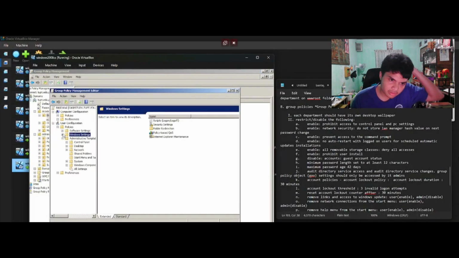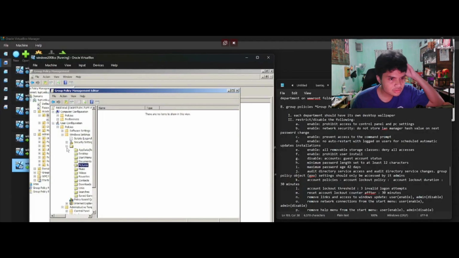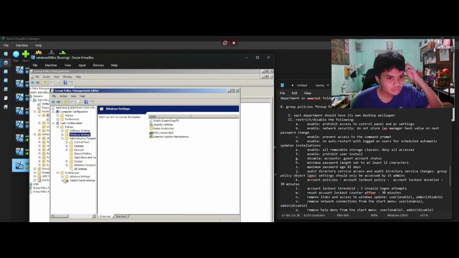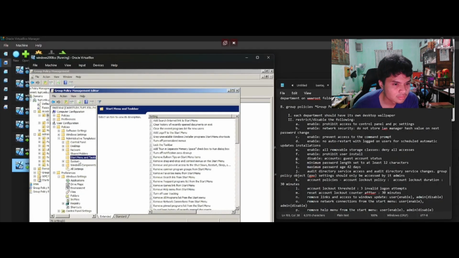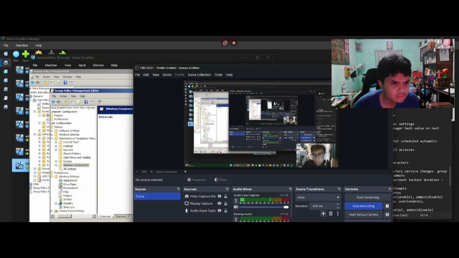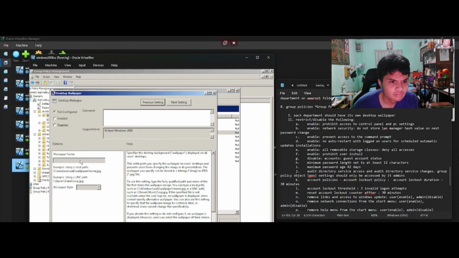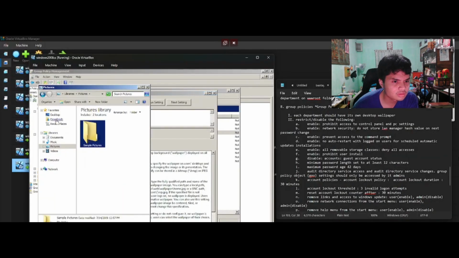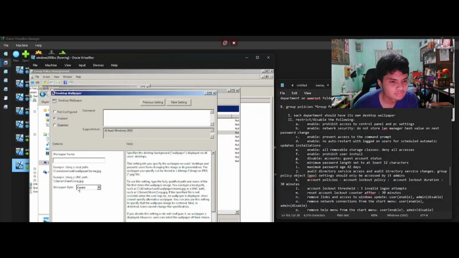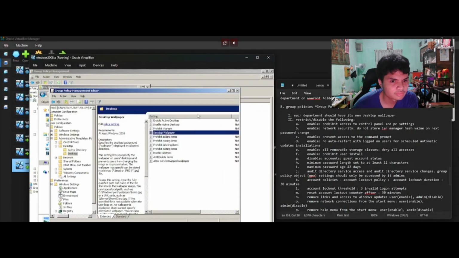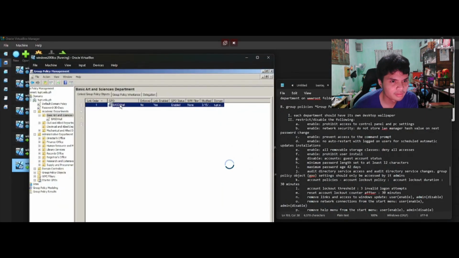Let's just go to pictures, then go to Windows components, then you need to enable it, go to local list, then go to desktop wallpaper.